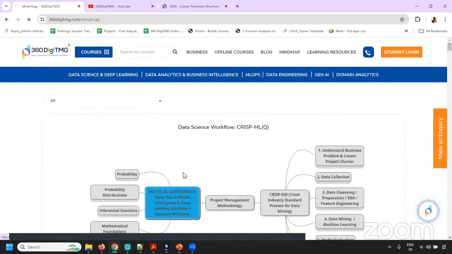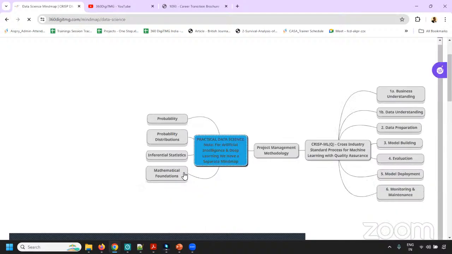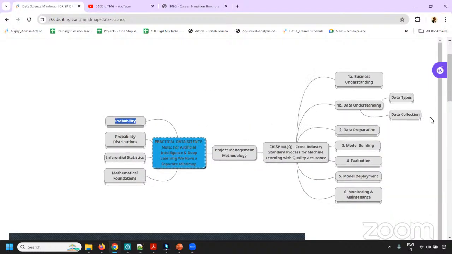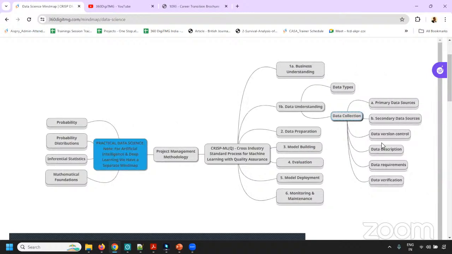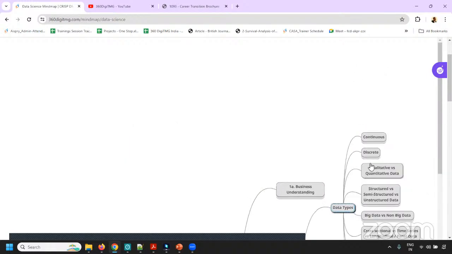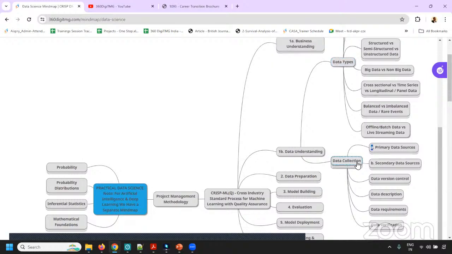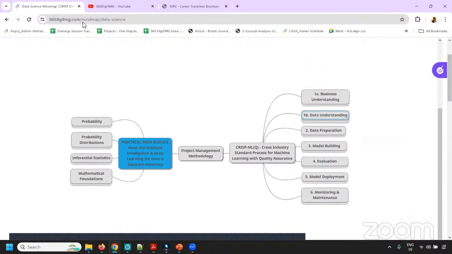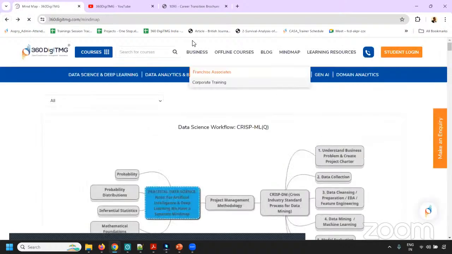If you click on any of these, it opens an interactive page, and you can increase or decrease the content that you are trying to learn. It can expand to give you more granular information, data collection, data types. A lot of these details are quickly available for your understanding. This is a very good resource that you might want to take advantage of.